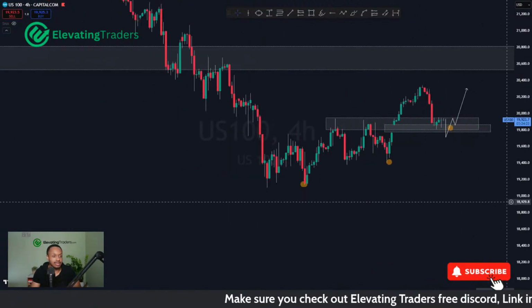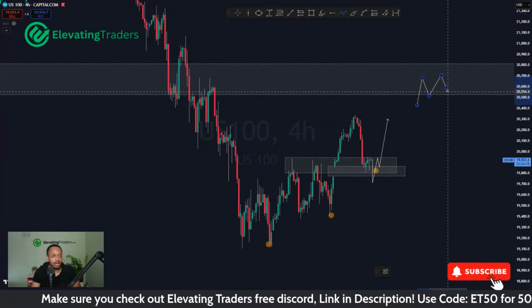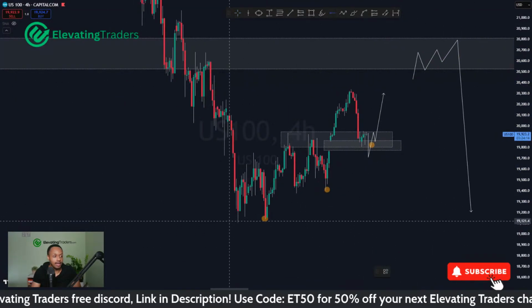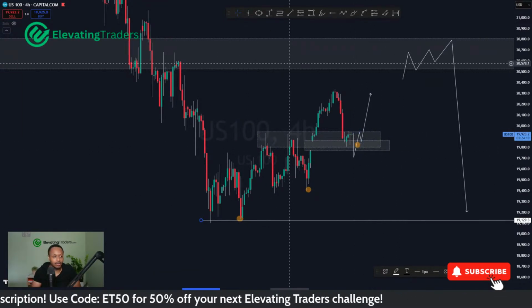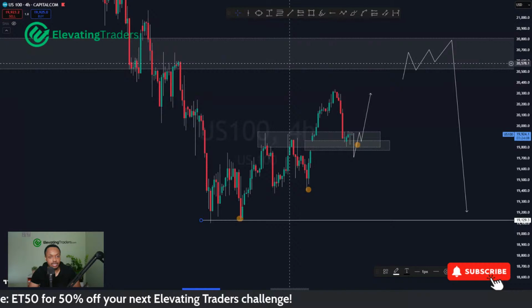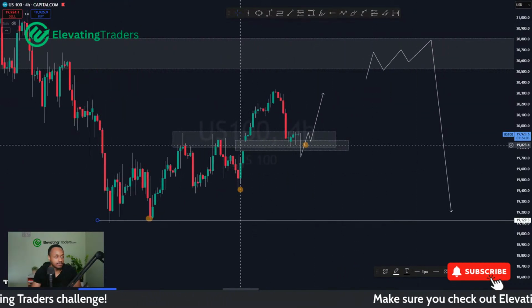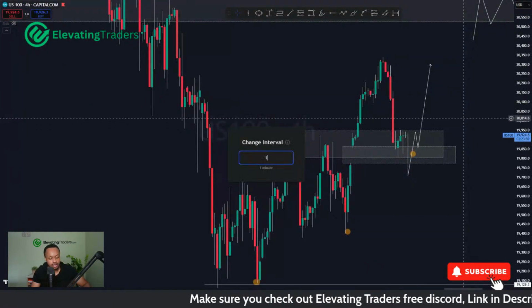Market kind of slowly stepping to the upside. If we can get to there, that'd be fantastic. See how price reacts, and if things look good, could be a really nice short opportunity back to the swing low. But at the moment, we're kind of coming back into bullish territory, so I'd be looking at some longs here for Nas. Anything around 19,800, 19,700, filling that gap on the left, I think is a nice place for a buy.